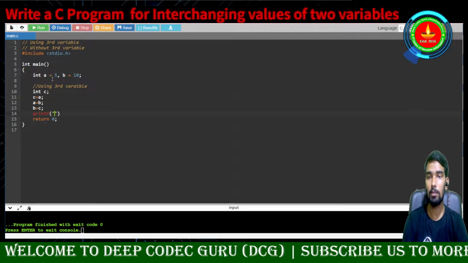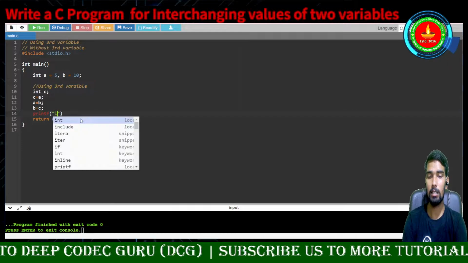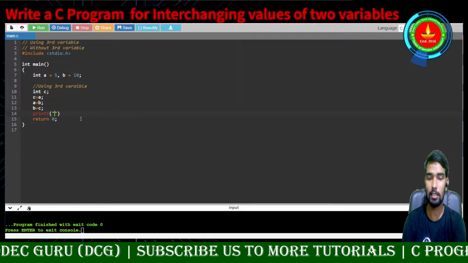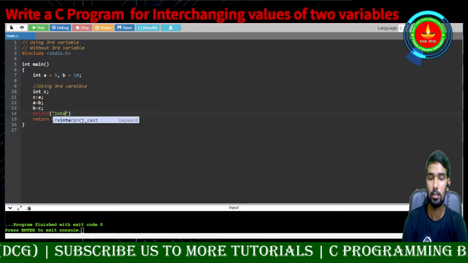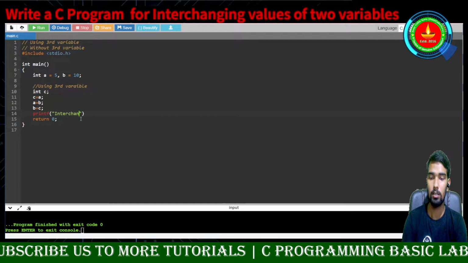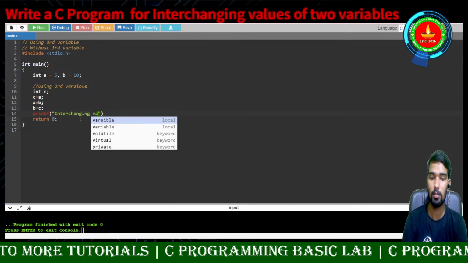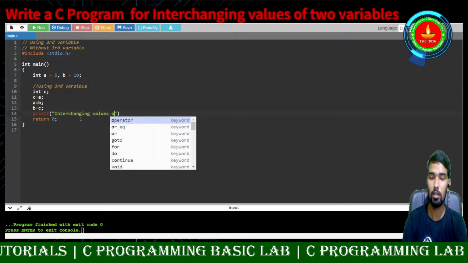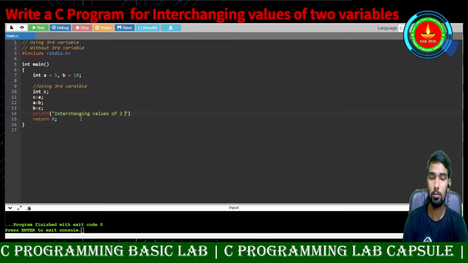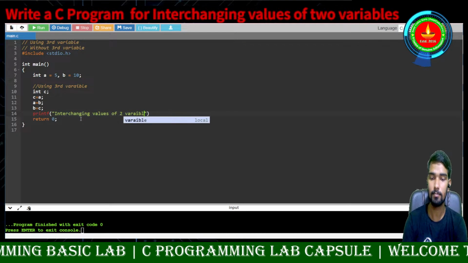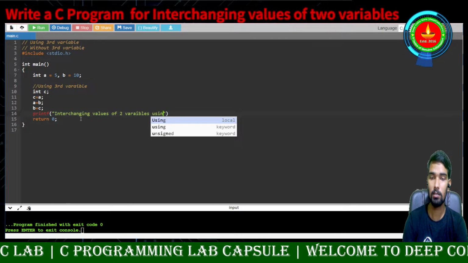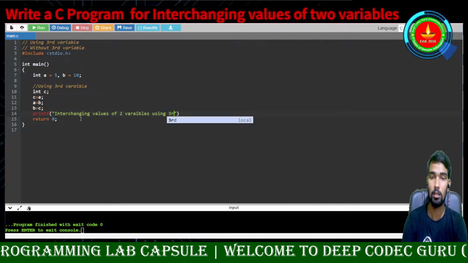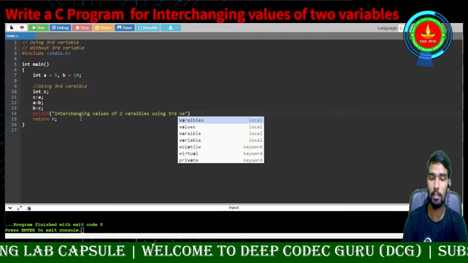So here what we are doing, we are interchanging values of two variables using third variable.